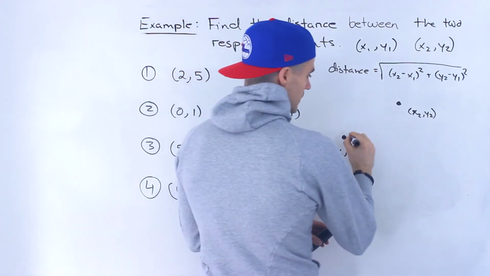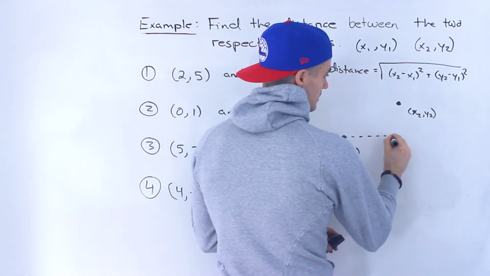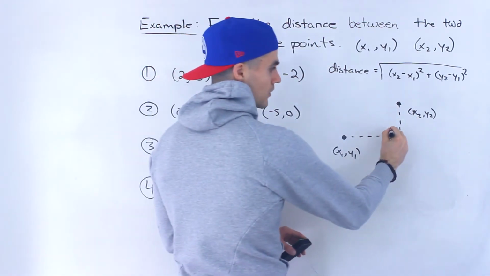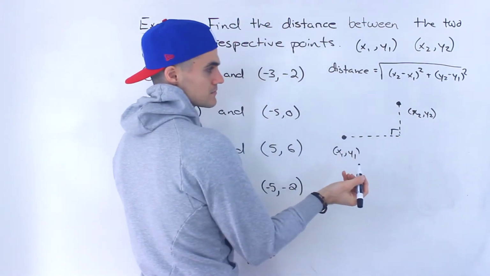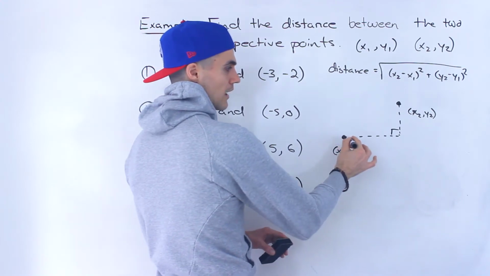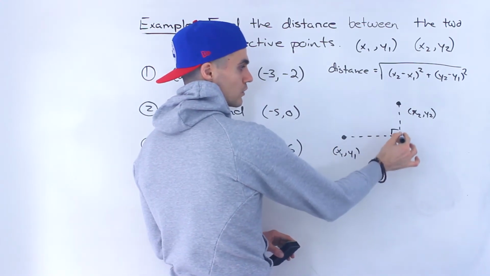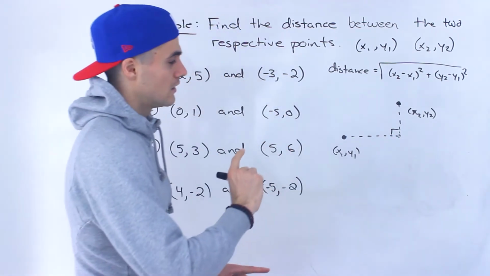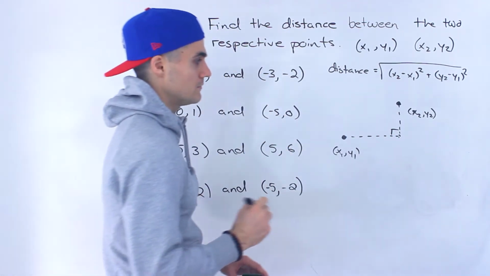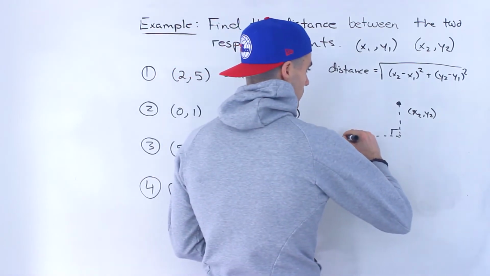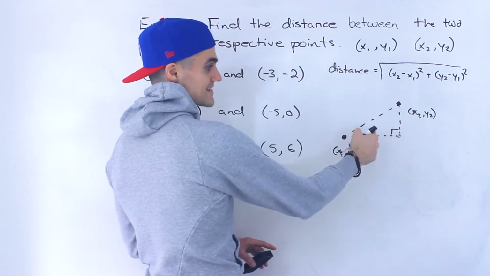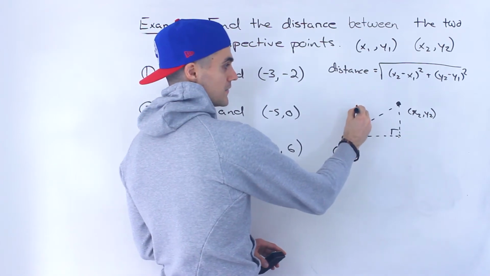We can create an imaginary right angle triangle, where this is going to be the 90 degrees. So we create a horizontal line and then a vertical line down from this point, and where they meet is the corner of that right angle triangle. If we create another side here, that's going to be the hypotenuse, and that's actually going to be the distance